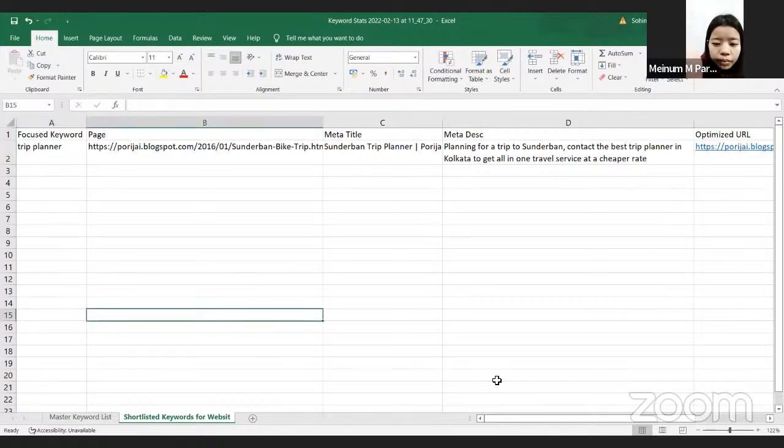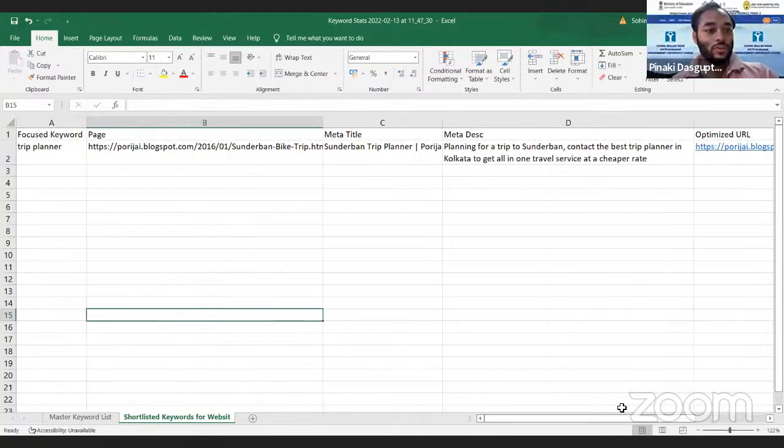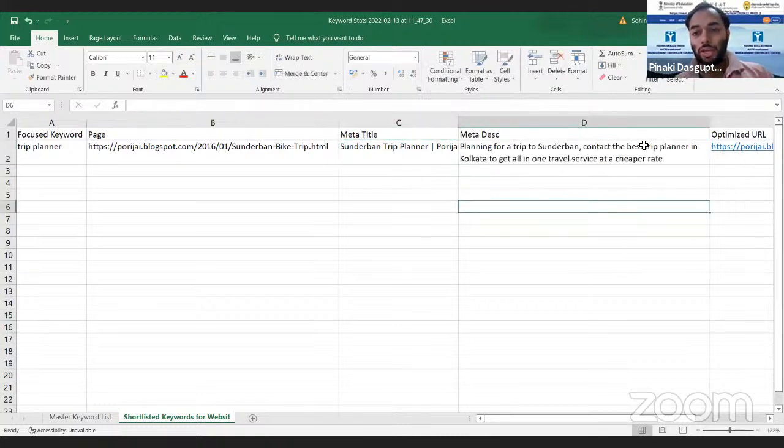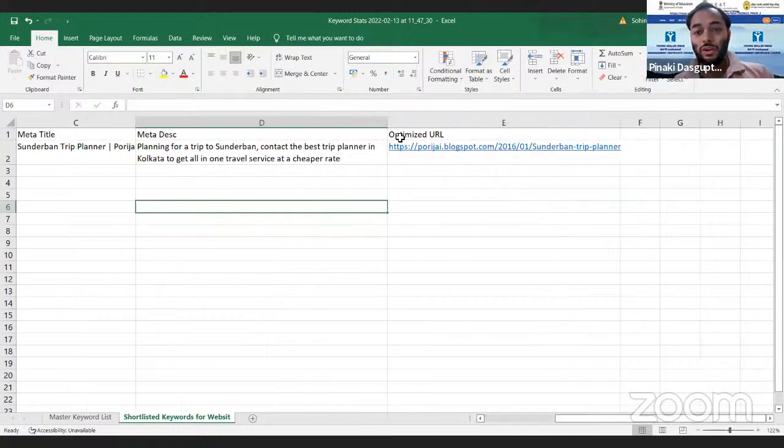Yes, sir. So see, focused keyword trip planner. This is my page. This is the meta title. This is the meta description. Everywhere the trip planner is present. Sundarban trip planner. In meta description, best trip planner. Even in the optimized URL, Sundarban trip planner.